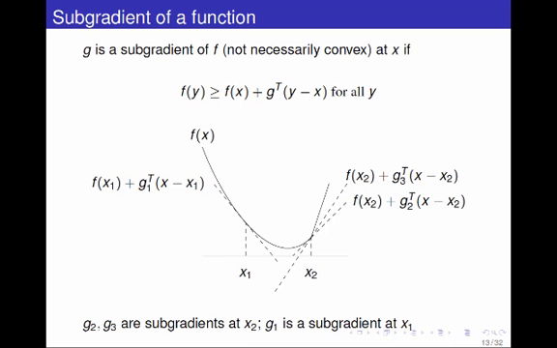All I'm saying is that you can define a subgradient of a function at a certain point, even if the function is not convex. You can still define a subgradient at a certain point if this inequality holds for all y. So, for example, one thing I forgot to mention is these are Boyd's slides again, so I'm basically keeping that from his own lecture notes. For this function here, it's neither convex nor concave, but it does have a subgradient of 0